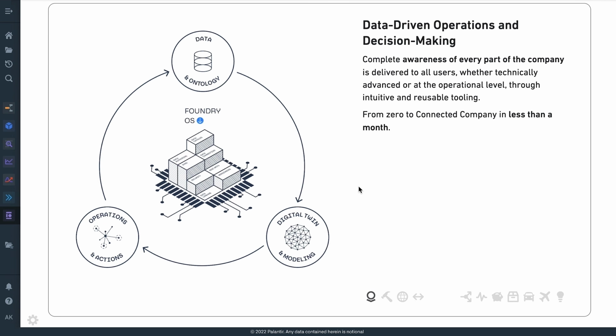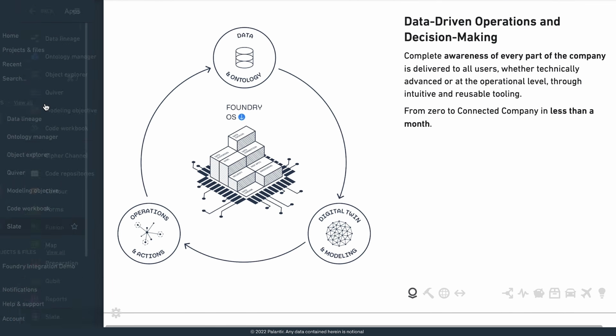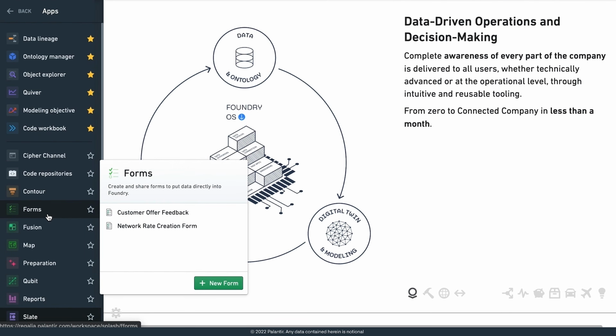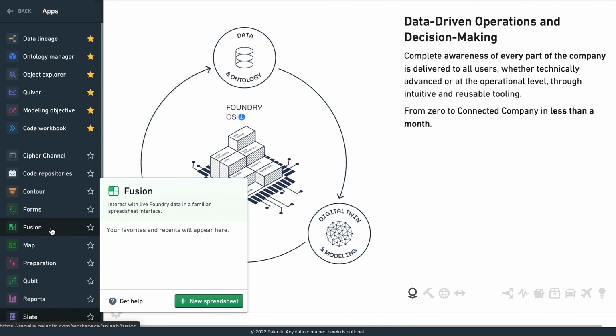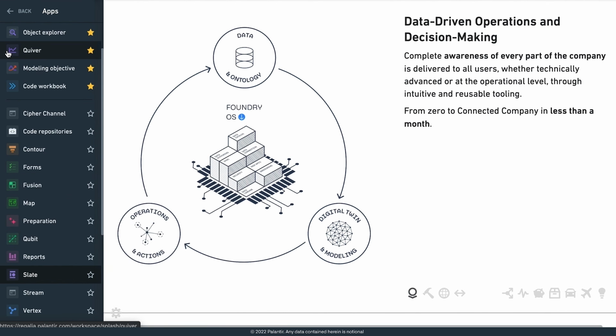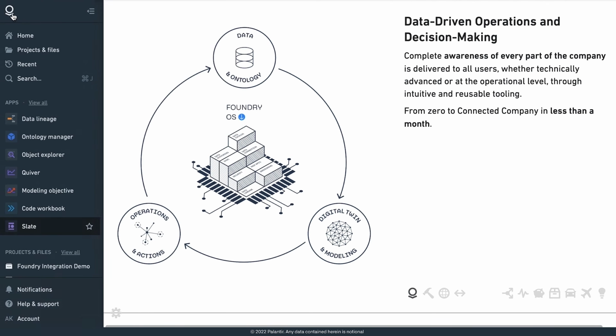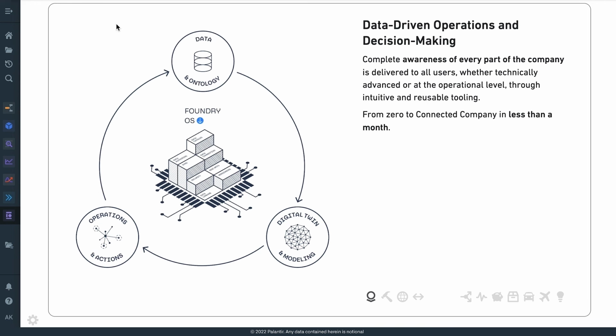Foundry behind the scenes is 100 plus different microservices, surfaced up as 24 different out-of-the-box user-facing applications, actually a bit more, in addition to applications that you can also build. And these applications stretch across effectively every persona in the modern enterprise. So we'll try to take a tour through some of those key personas and call out what tools or services are used at every step along the journey.